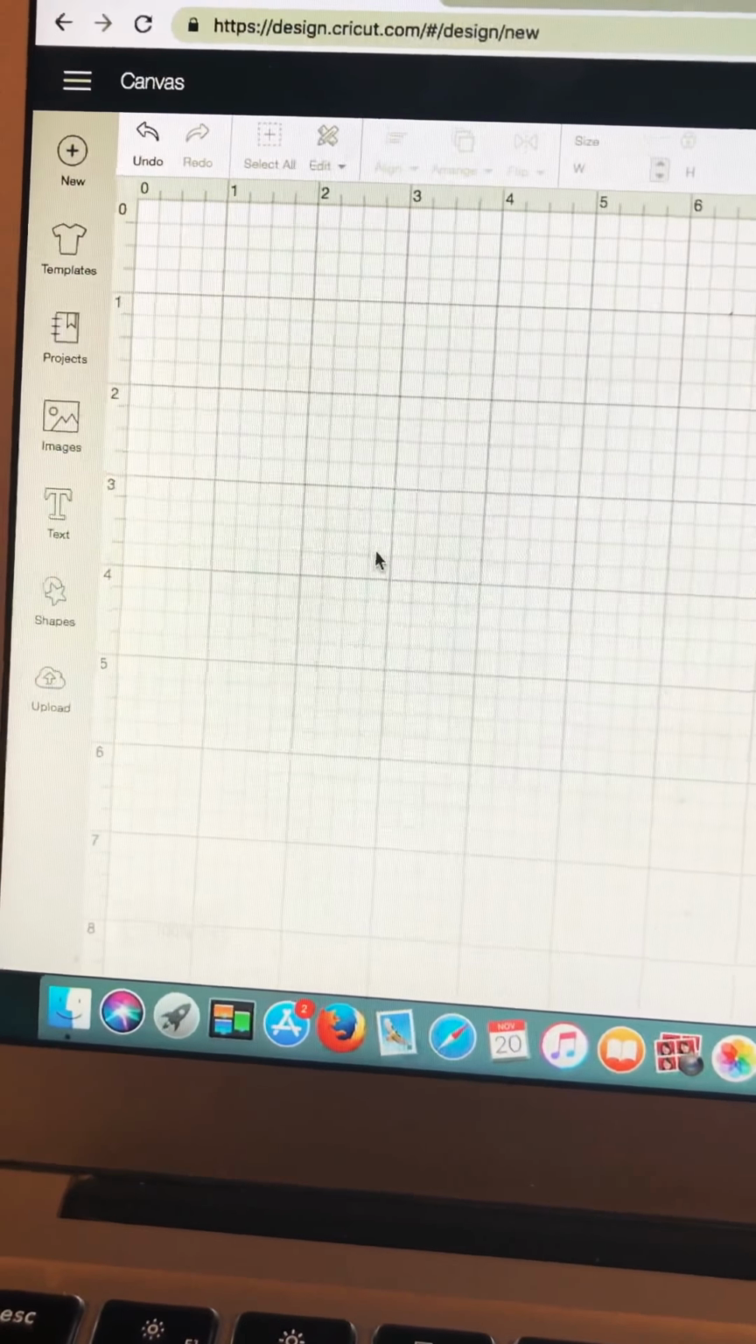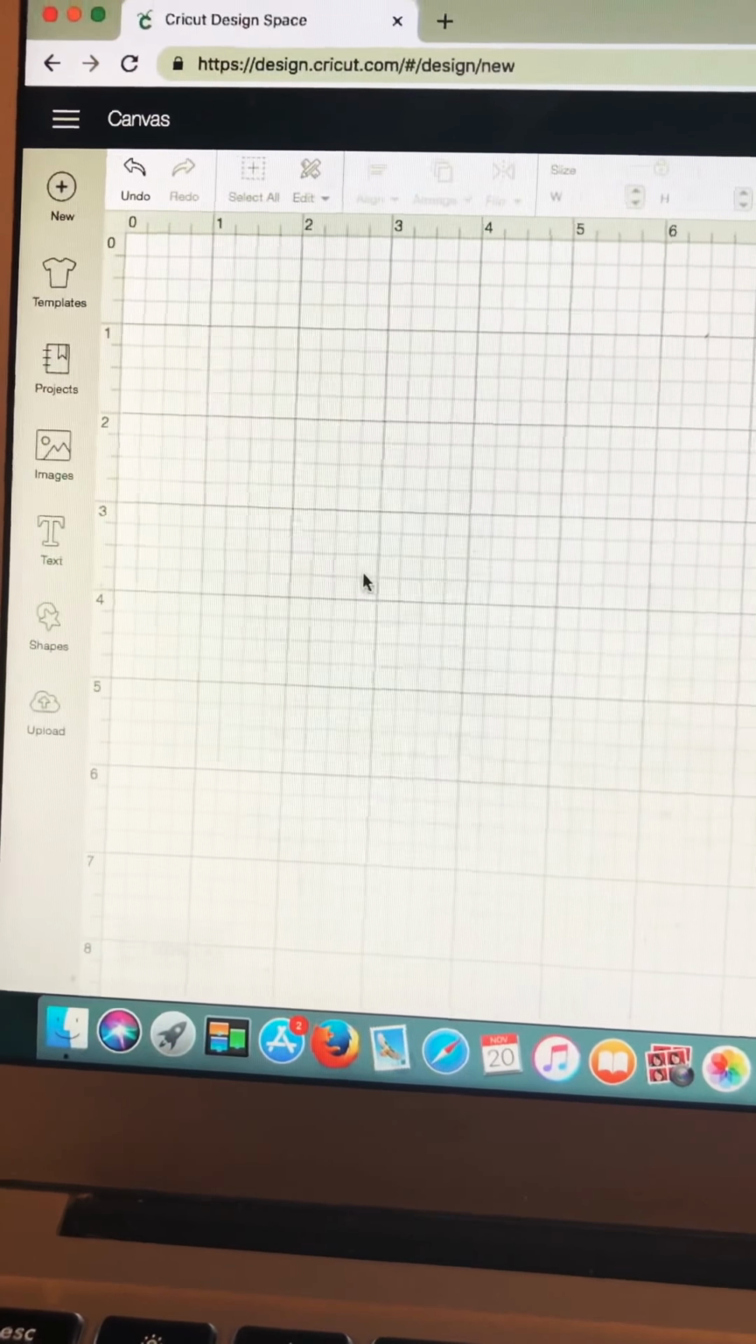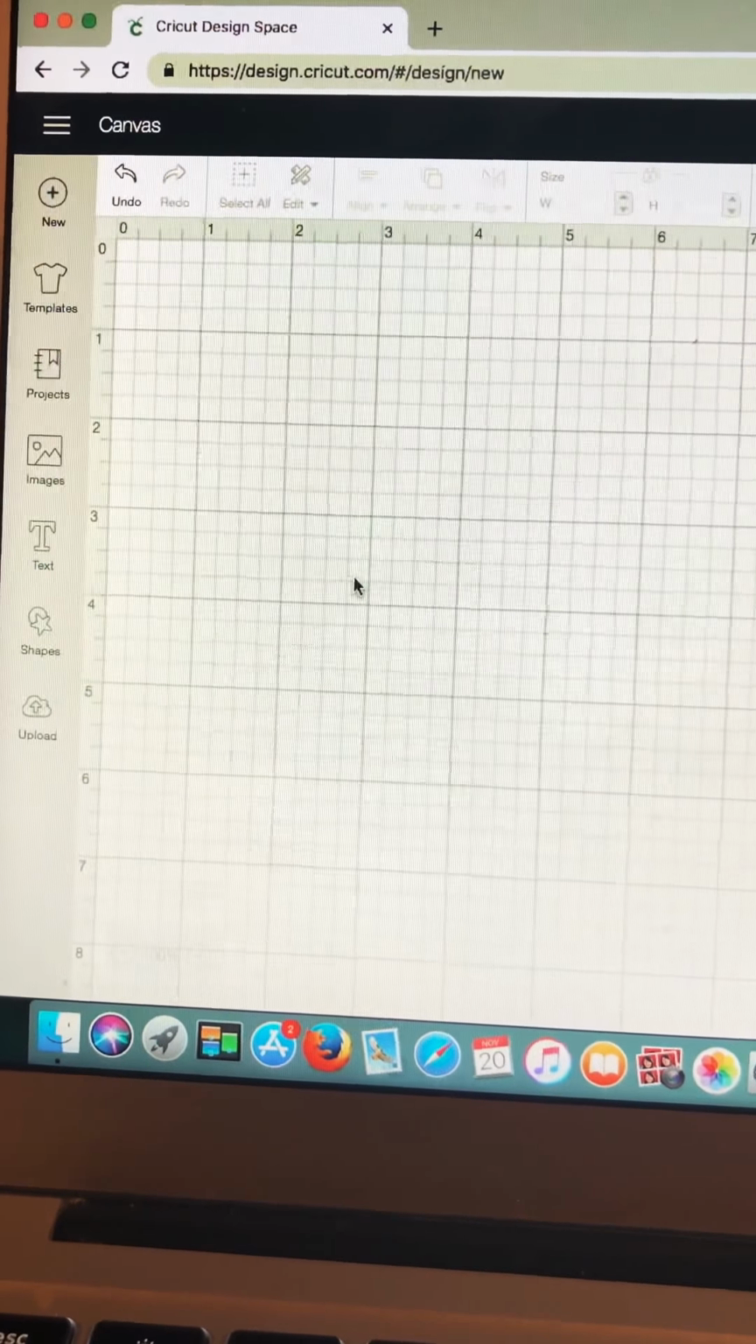Hi everyone. This is going to be a quick and simple video on how to install free fonts into Cricut